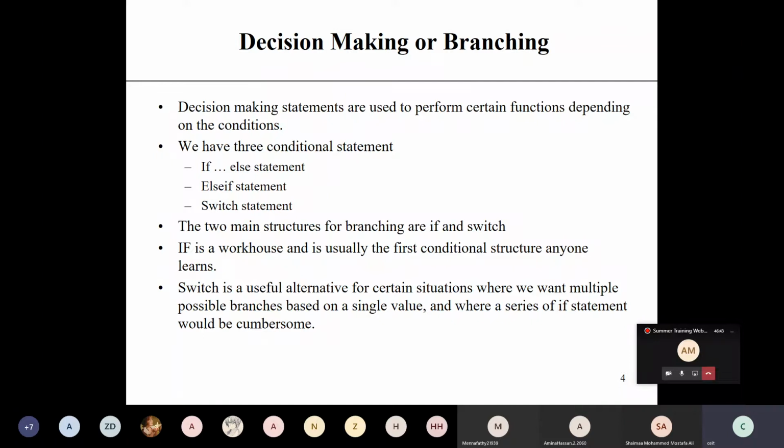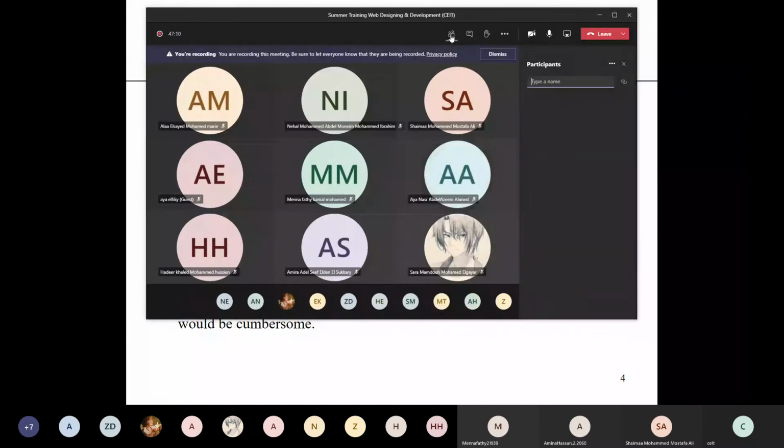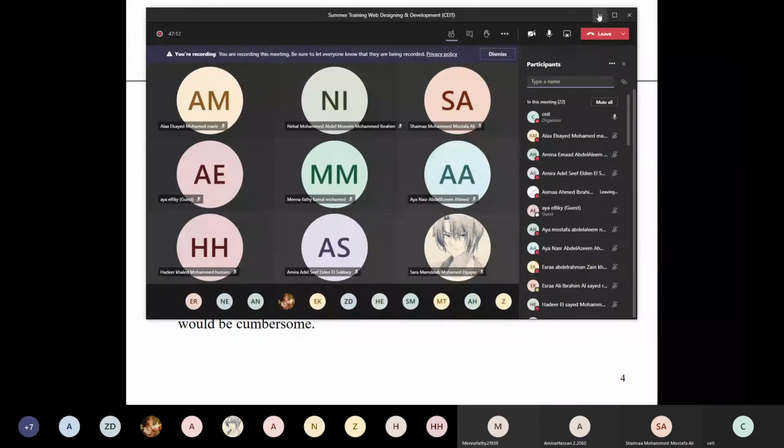Then the last one is the switch statement. If else is usually the first condition structure anyone learns, and switch is a usual alternative for certain situations, like when you have multiple if statements, then you can go for switch.